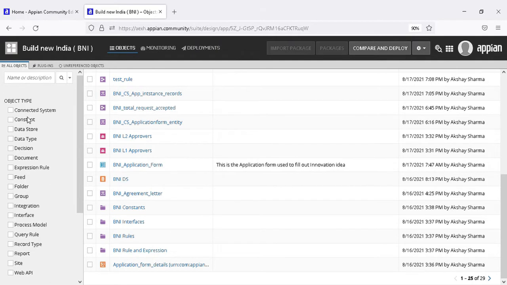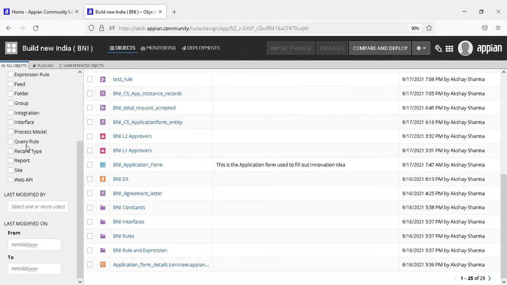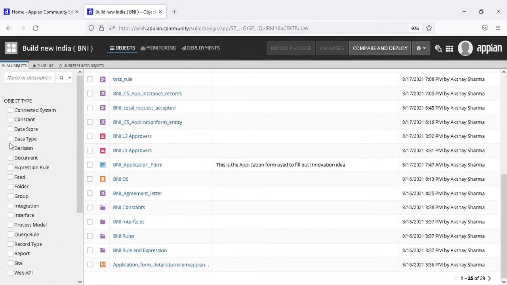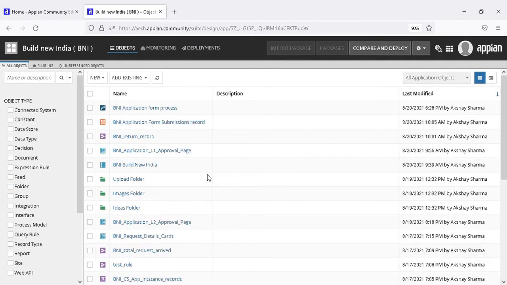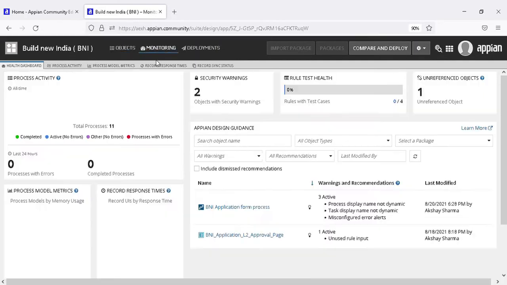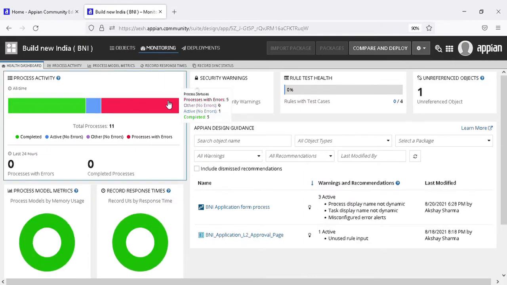In this side menu there are checkboxes, like if I click on this folder, then it will only show the folder objects and it will give us the options to view the objects. Okay, so this is the designer panel of the application. These are the objects, and when we click on monitoring, then we can see the process instances and everything in it.